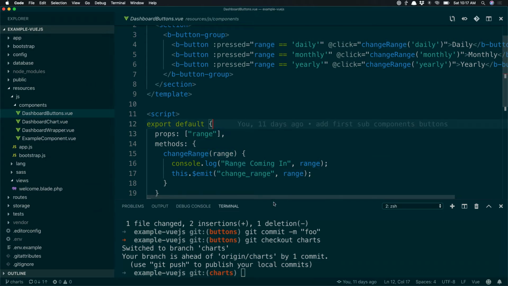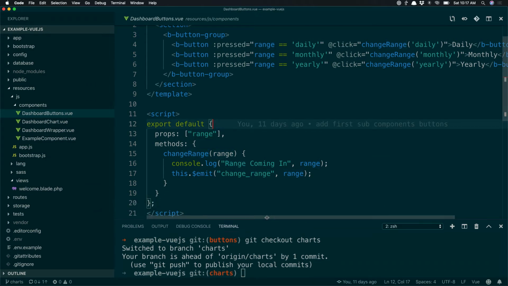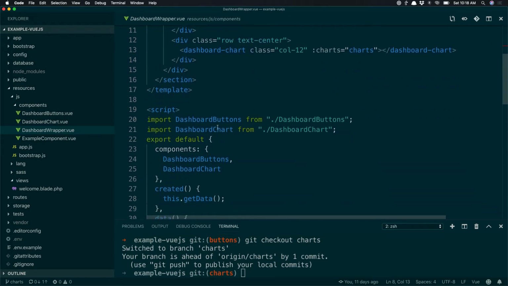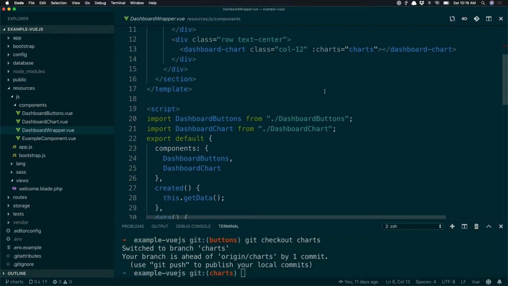All right. So now we're introducing a chart. And so again, the wrapper is going to take a moment to use the chart to pass state into the chart. And it's going to register the chart just like we saw a moment ago, right here. And it's going to register the component. I don't need to name the component. It will default to the dash case from camel case. So it took dashboard and lowercased it and then put a dash in for the C and the D. And then I'm going to pass state into that chart.